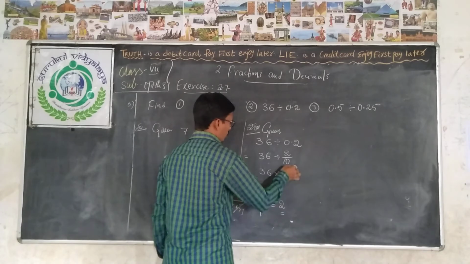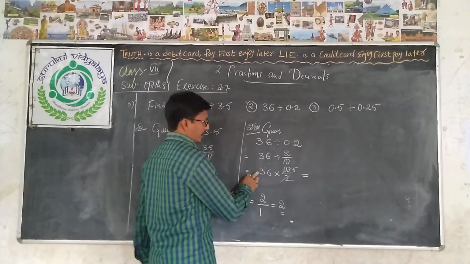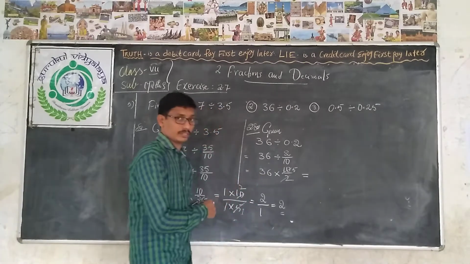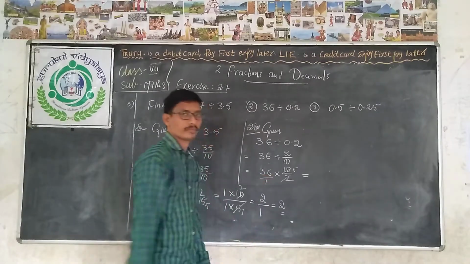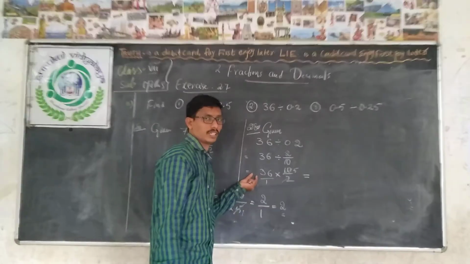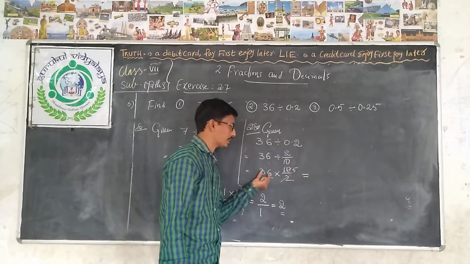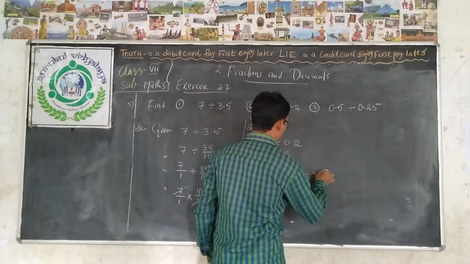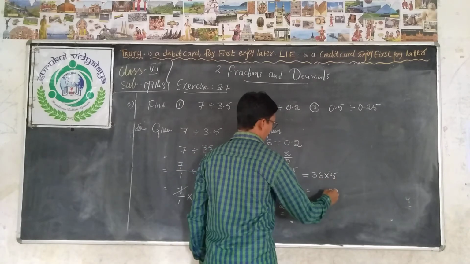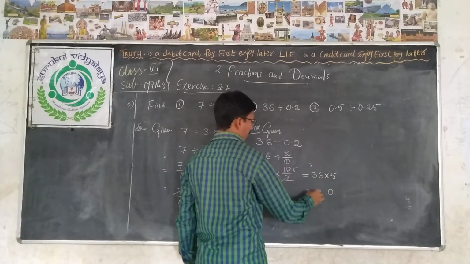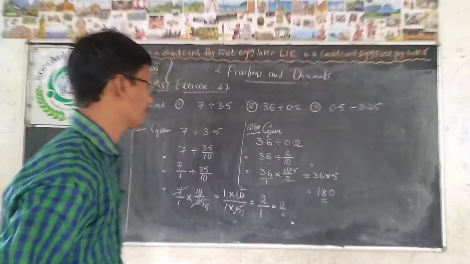Cancelling, 2 fives are 10. Okay. So that is equal to 36, because 36 is in the numerator. How can you say 36 is in the numerator? Can I write 36 as 36 by 1 or not? Okay. Now is it in the numerator or not? So are both the numbers multiplied or divided? Multiplied. So 36 into 5. 36 fives are how much? 5 sixes are 30, 3 is carried. 5 threes are 15 plus 3, 18. What answer did we get? 180 is the answer. Okay.